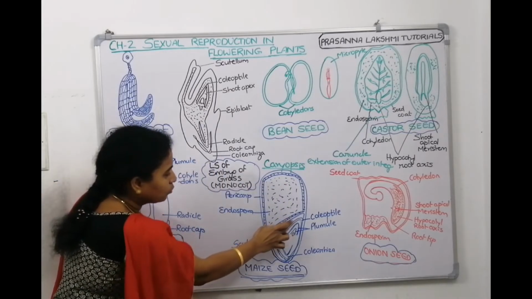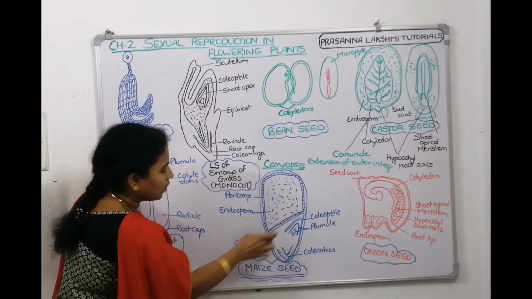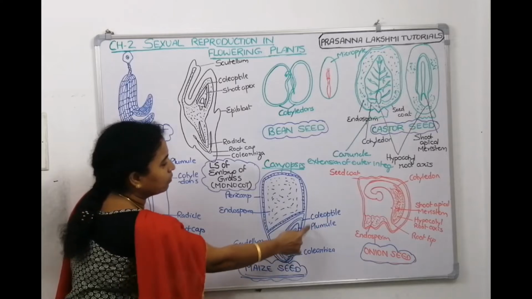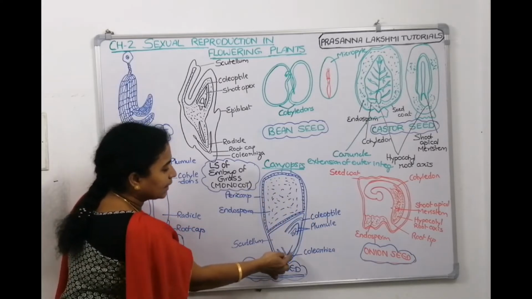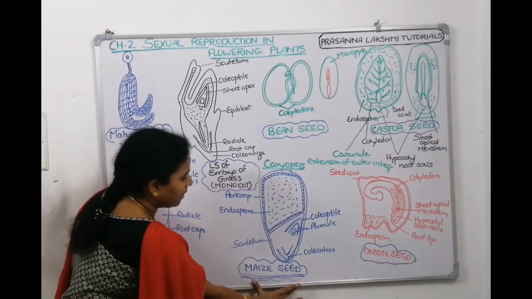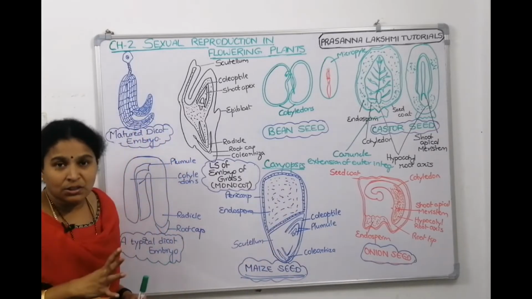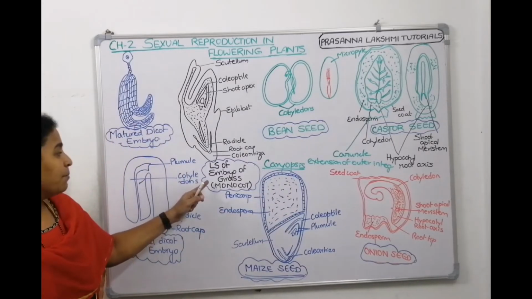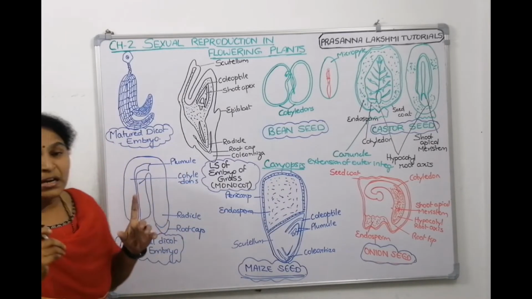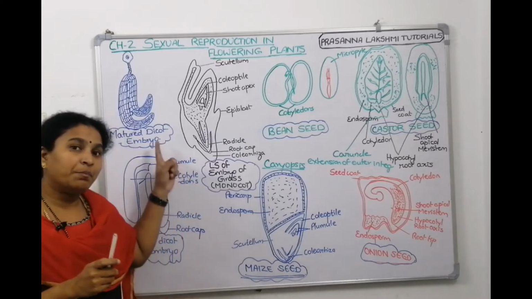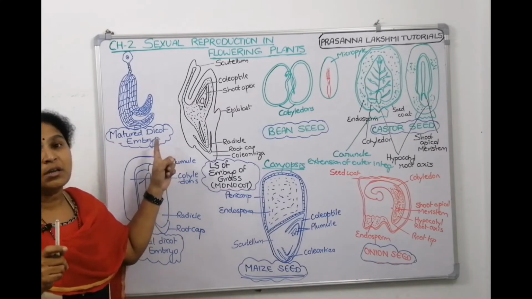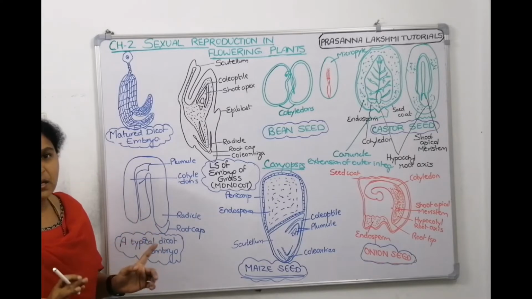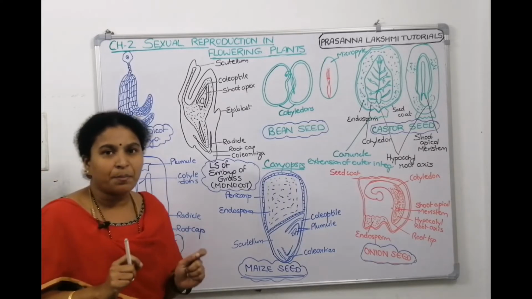And here is that hood-shaped cotyledon, which is called scutellum. This is the embryonic axis, plumule covered by coleoptile, radicle covered by coleorhiza. It is a maize seed. Hope you understood the structures of the seeds and the LS of the embryo of grass, and we need to make out what is the picture of a mature dicot embryo and what is the picture of a typical dicot embryo. Right, children? Take a screenshot, then we will continue with our today's topic called seed.